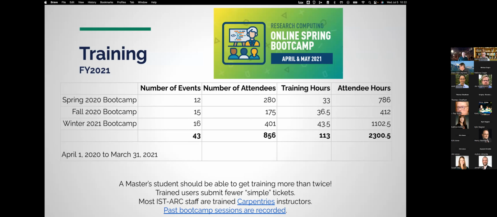We hold basically the equivalent of a training summer school 3 times a year because we believe that a master's student should be able to get training more than just twice. Trained users also submit fewer of the simple tickets of, how do I log in and all these sorts of things. Most of our staff are trained Carpentries instructors, and we record our boot camp sessions